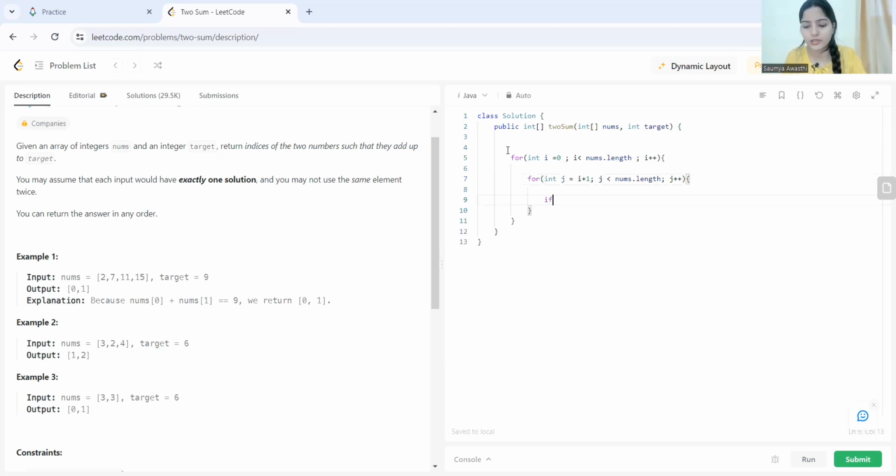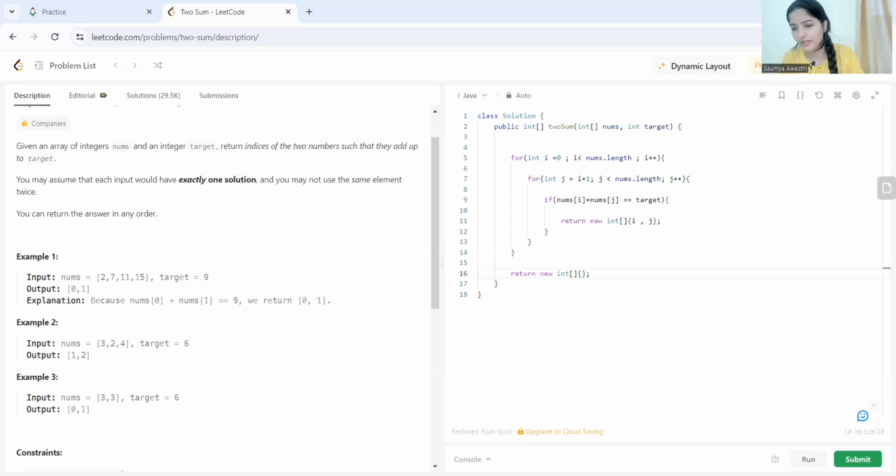And here we will put this condition: if nums[i] plus nums[j] equals the given target, then we have to return an integer array, right? So we return i comma j. Otherwise, at the end, return an empty array, right? So this is our brute force approach.